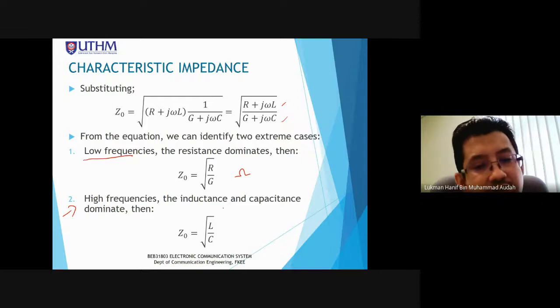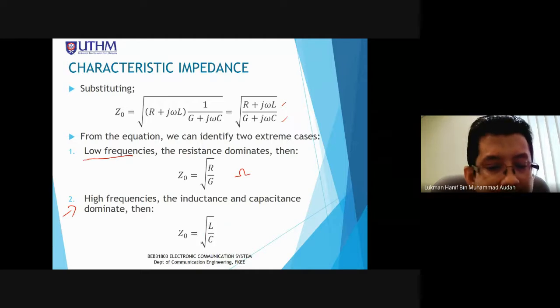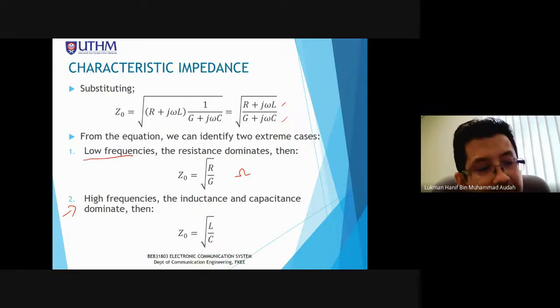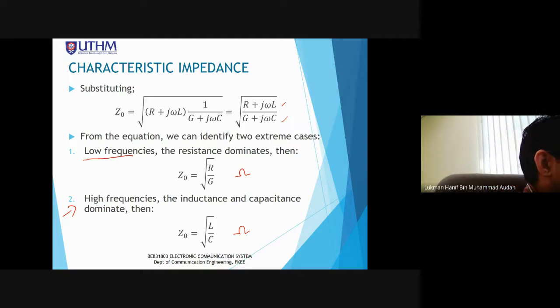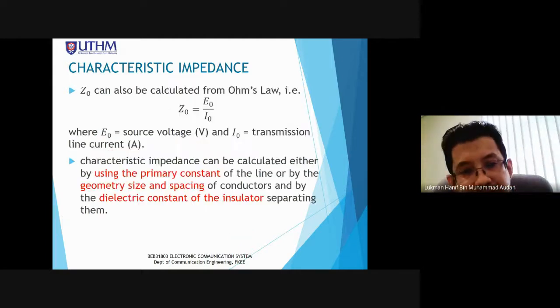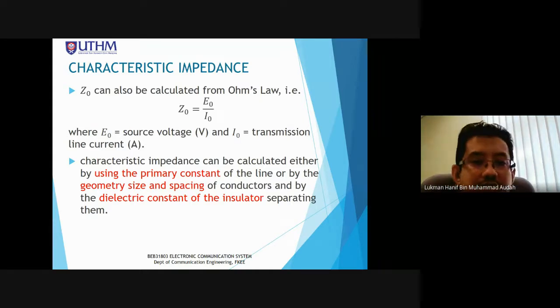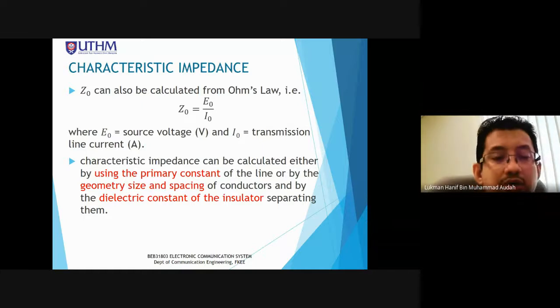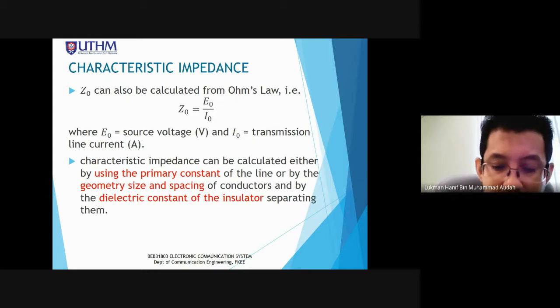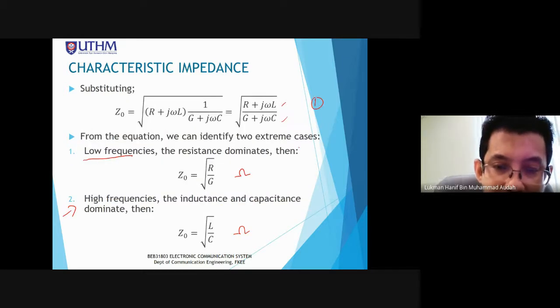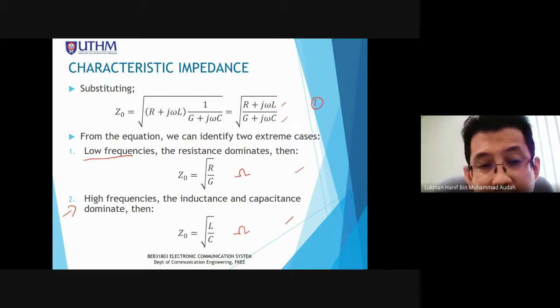So in high frequencies, the inductors and capacitance are dominant. Therefore, we can simplify the equations to become square root of L over C. Okay, square root of L over C. Unitnya adalah ohm. Okay. So characteristic impedance can also be calculated using the Ohm's law, V equal to IR. Boleh juga. Ini persamaan tadi yang pertama and then kita pecahkan kepada extreme cases. Kemudian boleh juga kita kira